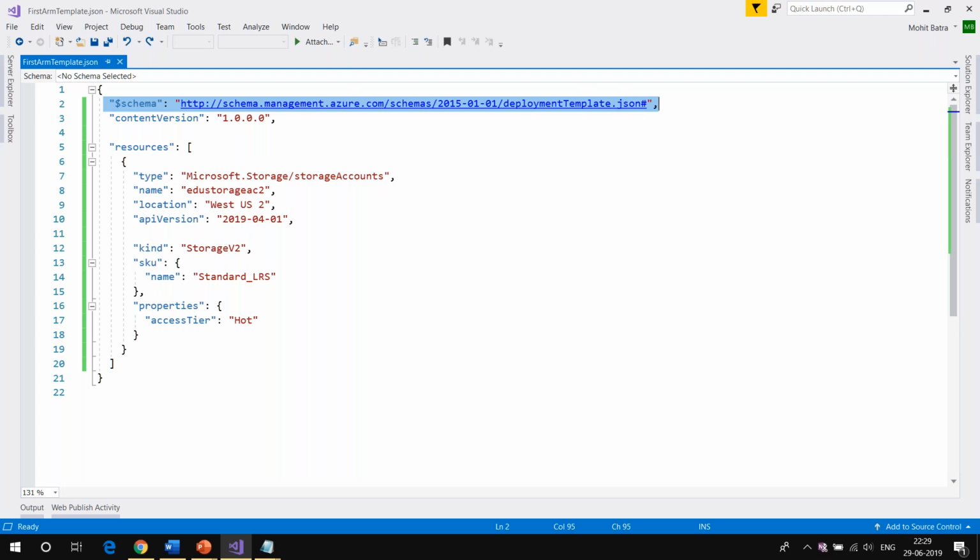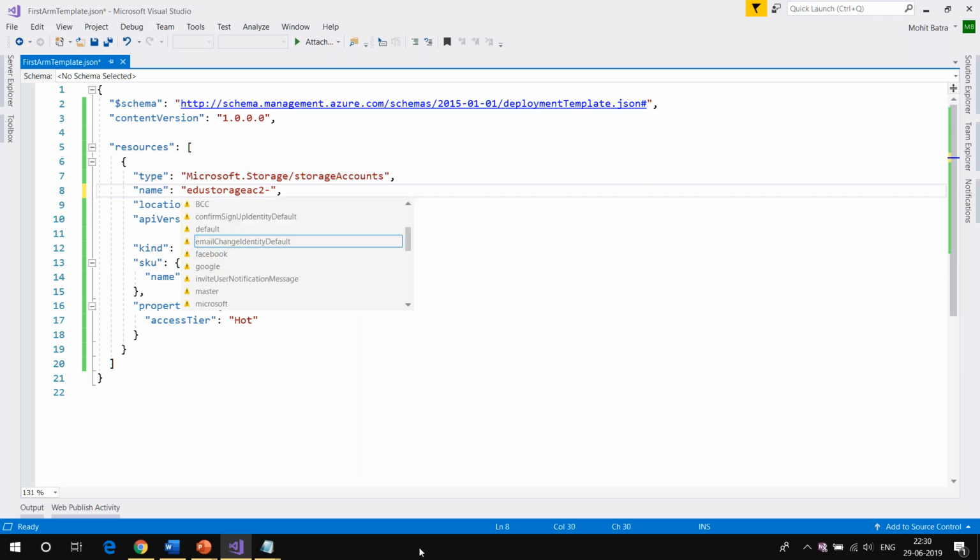Okay. And Sagar is asking, if the storage name provided in the ARM template is already taken, then how can we change it dynamically? Good point, Sagar. What he's saying is, if I've already provided a storage account name and somebody has taken that, what will happen? This is going to fail. Now, how can you do it dynamically? Maybe you can have some kind of script that will keep adding things like 1 2 3 or whatever. Okay, but this is something you will have to do via your scripting. You cannot do a dynamic name change via the ARM template.